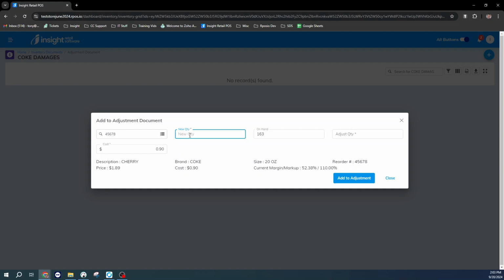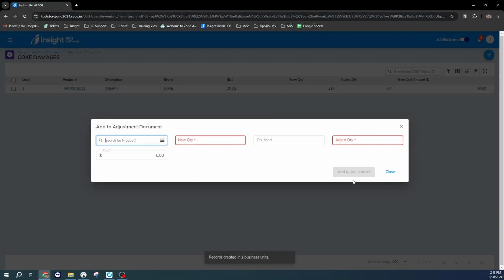So I can either enter the new quantity, so I could either do the math of 163 minus the 24, or I can say adjust quantity and say negative 24. And you see that will automatically put in new quantity of 139. If you want to update the cost per unit of each of these to keep track of, you can do that as well here, but we'll just leave it like this. Add that to an adjustment,